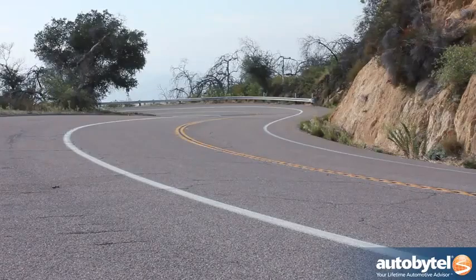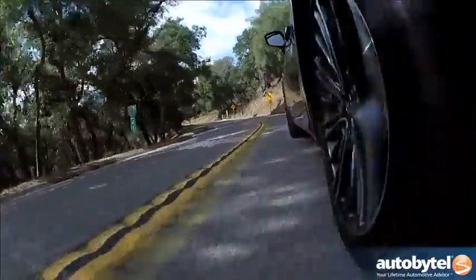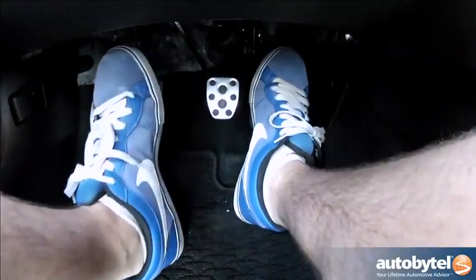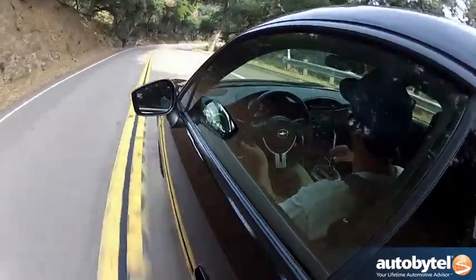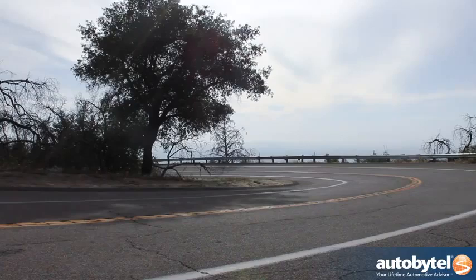You may know how much we like the FRS, but what you may not know is how much we love driving the FRS on roads like this here at Palomar. With the tight, twisty turns and just switchbacks, and it's fun. There's no other way to describe it. The one thing though, with the FRS, with its 200 horsepower flat 4, you have to keep working the gearbox. You have to keep it up in the 4,000, 5,000 RPM range. After all, it is a 4-cylinder. 4-cylinders really only start screaming once you get them up high, and you got to keep it up high. So you kind of have to work the gearbox if you want to keep your speed up and keep going,